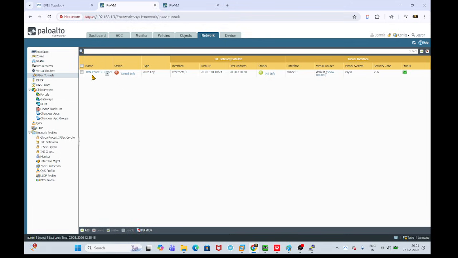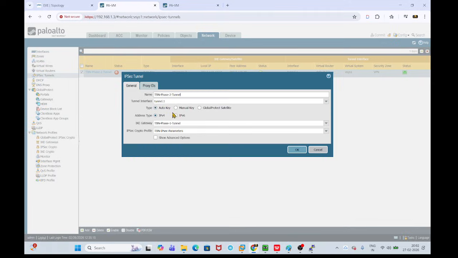Here in this case we will be having only one tunnel, and that is okay. But if you have multiple tunnels and you are not able to identify which proposal we are using for this tunnel, you can go ahead and take the packet capture. But in the packet capture we cannot identify anything, because the quick mode is encrypted, right? So we can go to the tunnel configuration, and you can identify